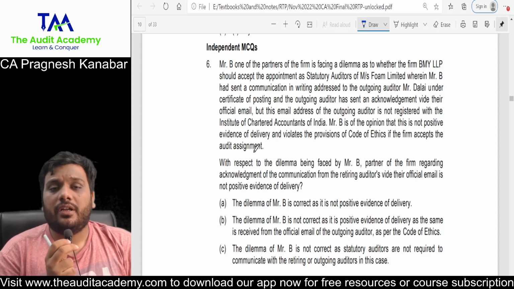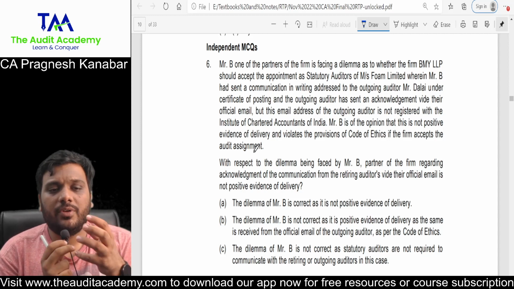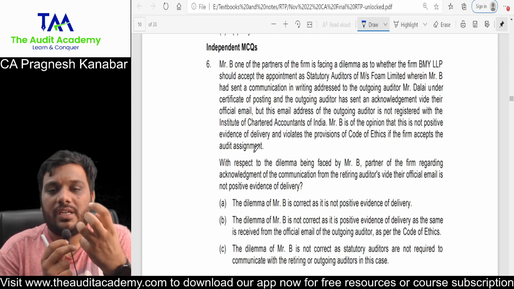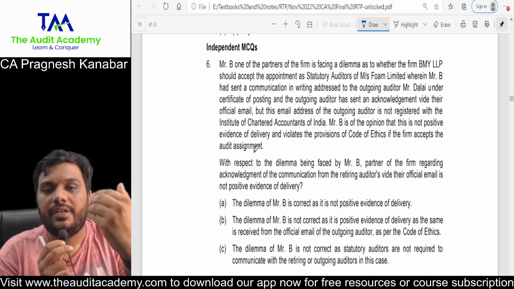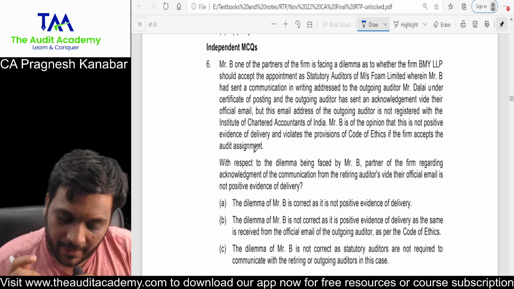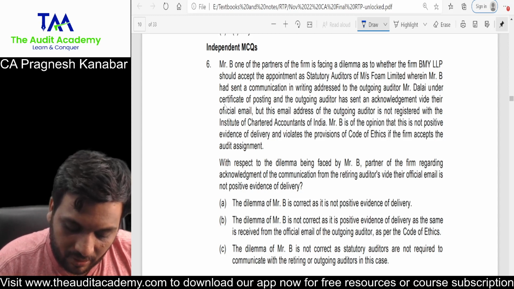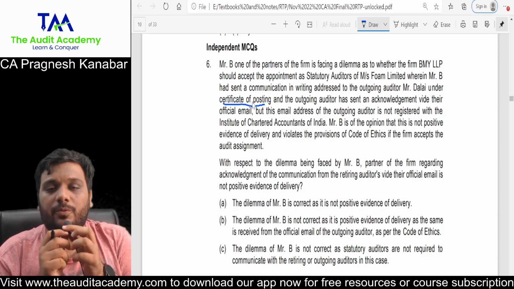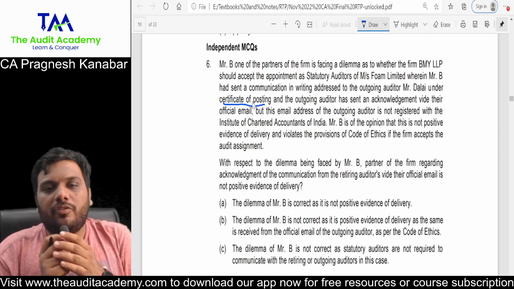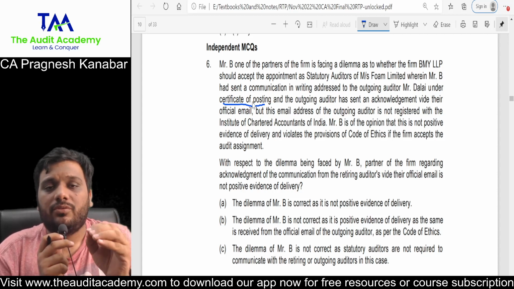But the important requirement of communication is that the incoming auditor should have some kind of positive evidence of the delivery done to the outgoing or retiring auditor, the previous auditor. Now what has happened is that the incoming auditor has a certificate of posting, so he has posted the letter. Correct. So only a certificate of posting would have been a problem, because that just gives you the evidence that the